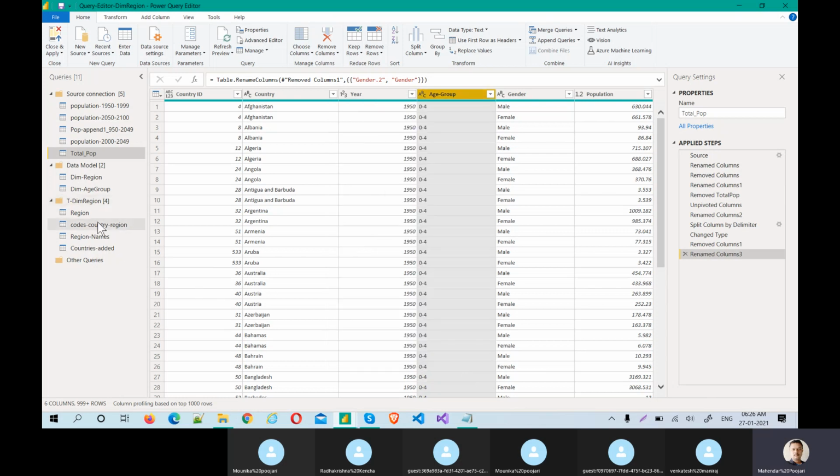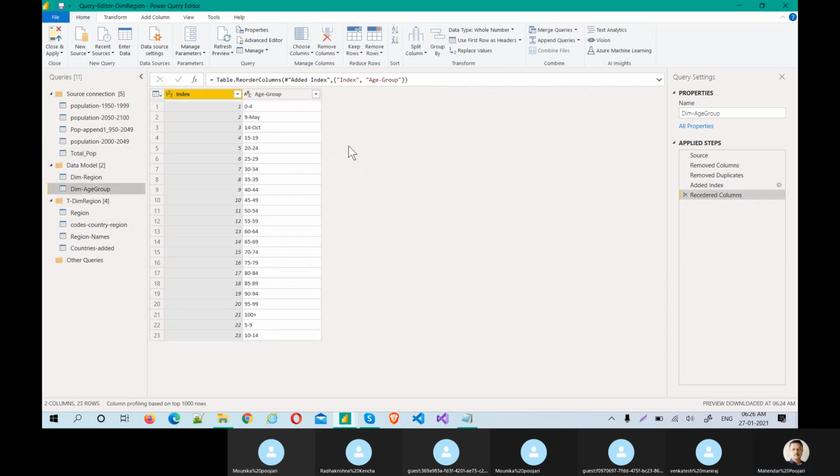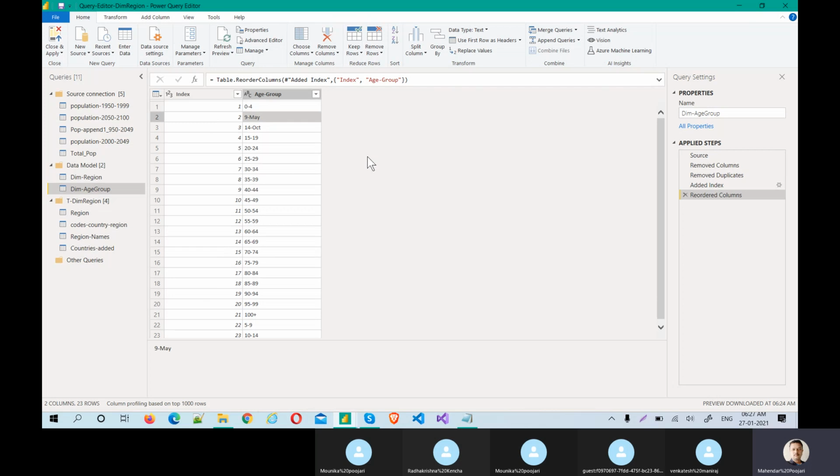Not to worry much about it. In real time you may ask the end user about the age group. You can filter out these values, put them in a screenshot and send it to them, saying this age group is not correct, can you please suggest how I can handle this? They will respond saying no, just replace May with 05.